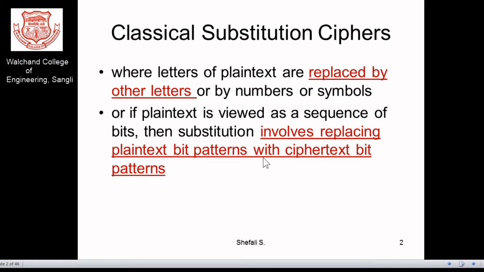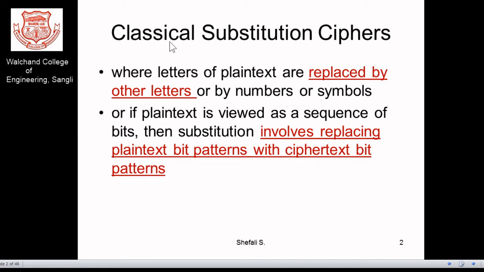Why is the name classical given? Actually, we have been using many cryptographic techniques for a long period. In ancient years also you can find certain encryption techniques. What are those methodologies? We can find them with certain cases. These are some interesting examples, and they are known as some of the classical encryption techniques.